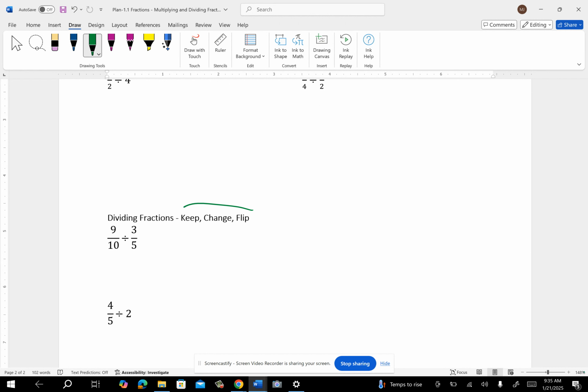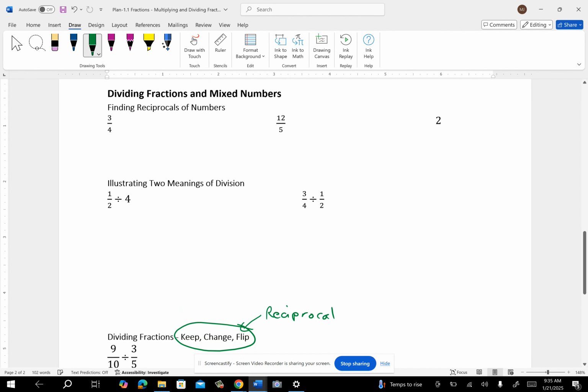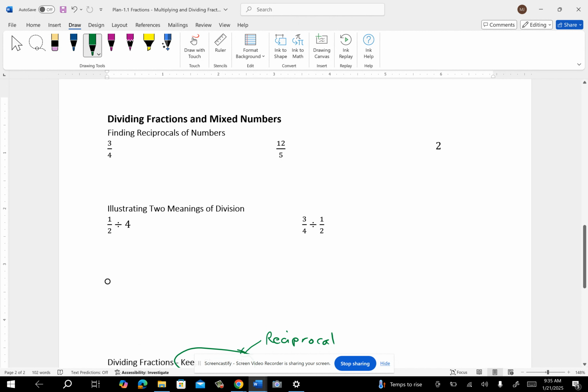Keep, change, flip. Okay? The flip part has to do with taking the reciprocal, finding the reciprocal, they call it, of a number. So up here at the top, you're being asked to find the reciprocals of some numbers, which means flip them. So when you have a fraction like 3/4, the reciprocal